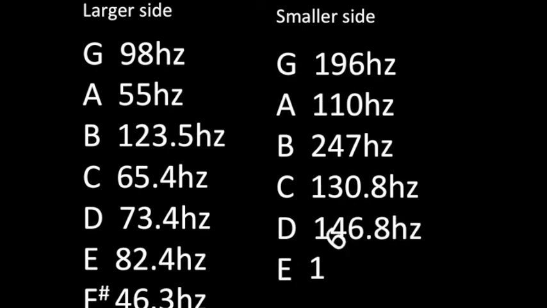So G would then become 196 Hz, A 110, B 247, C 130.8, D 146.8, E 164.8, and F sharp 92.6. So if you really think about it, it's actually very simple to create a new sound with a little